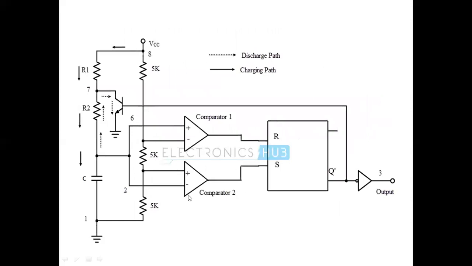So this figure represents the internal block diagram of an astable multivibrator. Here we have a voltage divider network. Whenever you apply VCC to the IC555, this voltage is divided between these 3 resistances, and we get 1 by 3 VCC, the reference voltage, at the non-inverting terminal of comparator 2. That means at comparator 2 we have a reference voltage by the use of the voltage divider, that is 1 by 3 VCC. And similarly, by the use of the voltage divider, we get 2 by 3 VCC at the inverting terminal of comparator 1.